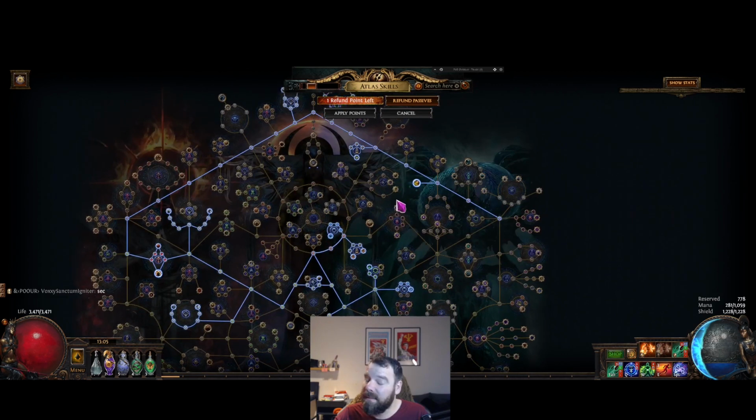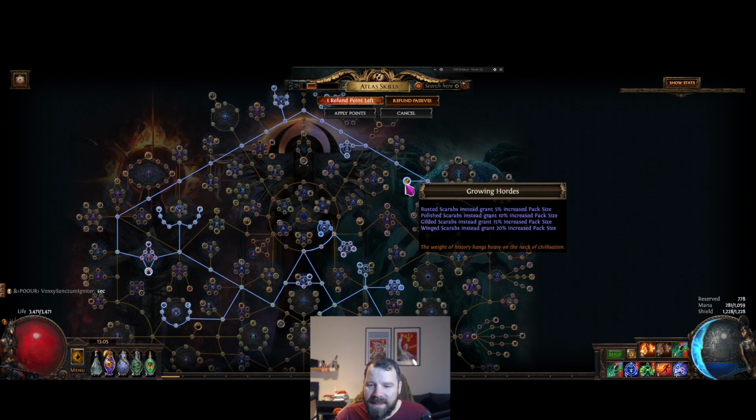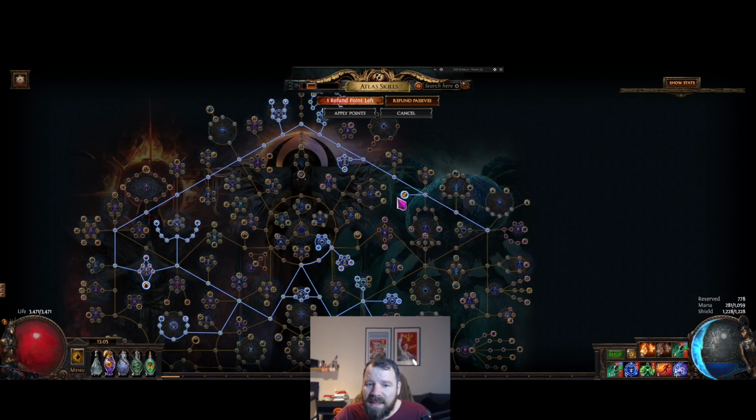We're largely exploiting growing Hordes, which the tooltip is bugged here. It's not actually 10% increased pack size per Polished Scarab. It is 7. So I'm not sure when they'll fix that. Hopefully soon. But growing Hordes means that any Scarab you chuck in the map device along with your map doesn't do the thing that it's supposed to. So divination card Scarabs won't give you more divination cards. Legion Scarabs won't give you an extra Legion. But it instead grants you pack size,